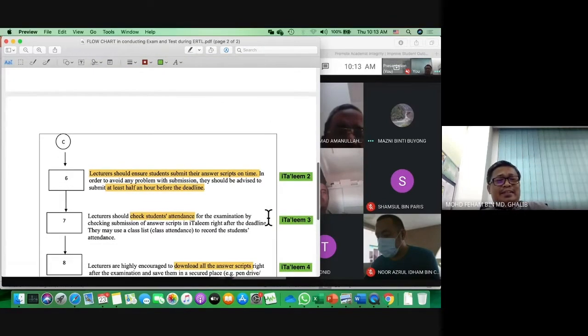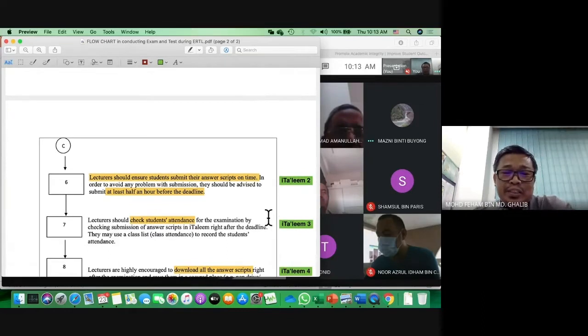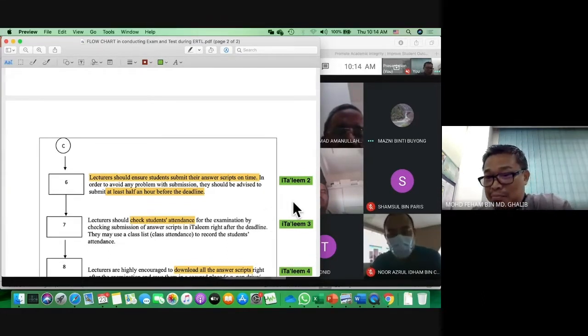And then next, step 6, where lecturers should ensure that students submit their answer scripts on time. This is in iTa'lim. Okay, so I put here symbol iTa'lim 2. I will explain how this can be done later after this. And then at least the submission should be done, I've been informed, not half an hour before the deadline. Before the deadline, it should be made clear to your student that they should do the submission 1